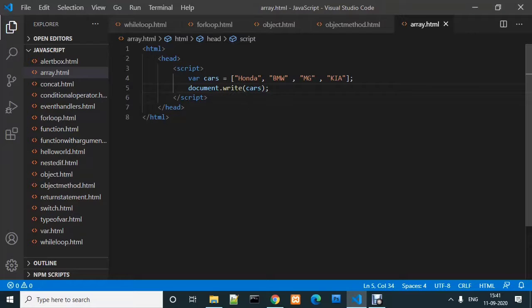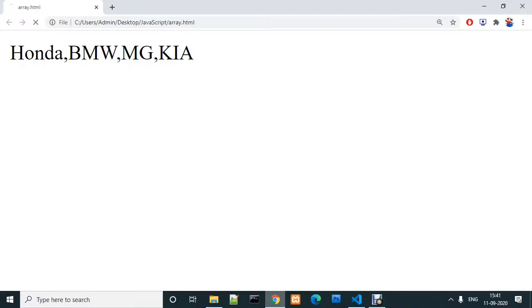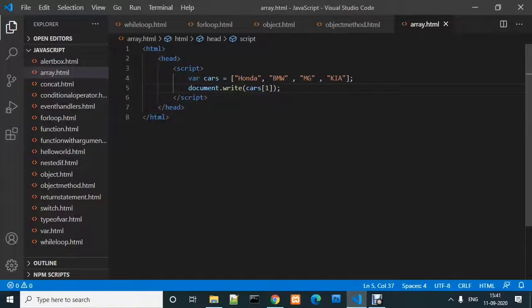But what happens if we only want to print BMW? We have to provide the index number with the array name using the square braces, and when we save this file again, open the browser and refresh, we have only BMW, which is stored at the first index. Now these are fixed values, so what if we want to change something or assign a new value by replacing another value?